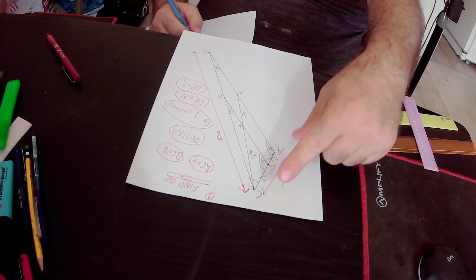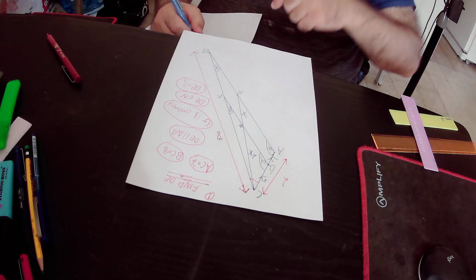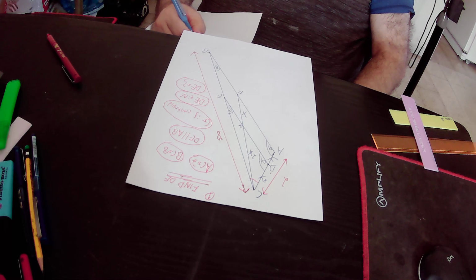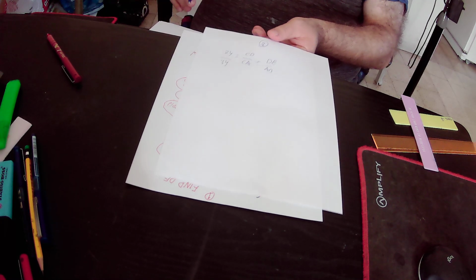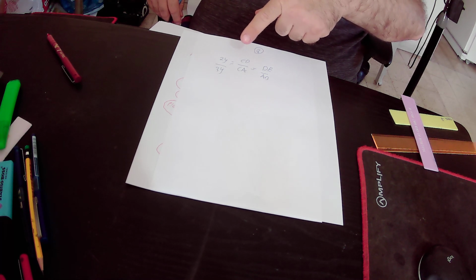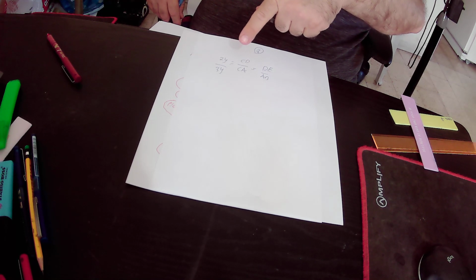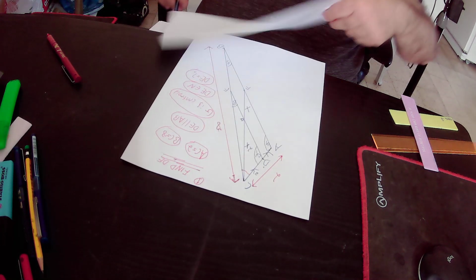And what is the value of CA? CA equals 2y plus y, that is to say 3y. So in total we got this equality. And actually 2y over 3y is 2 over 3, because y will get cancelled, since y over y is 1. So in total we will get that